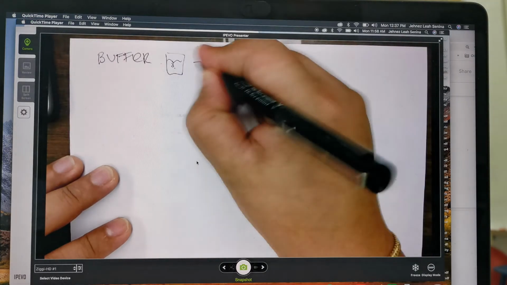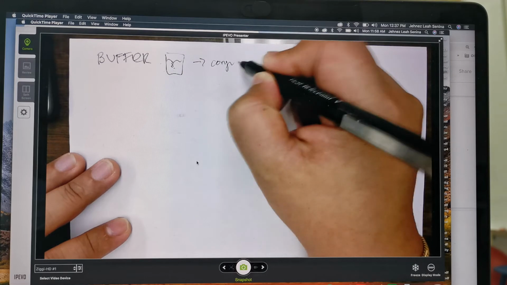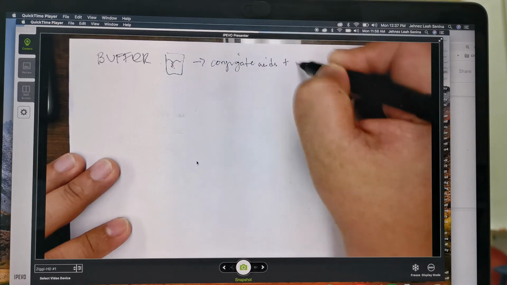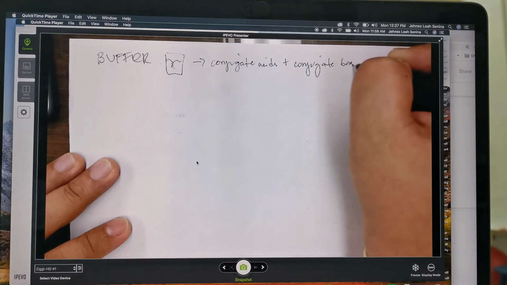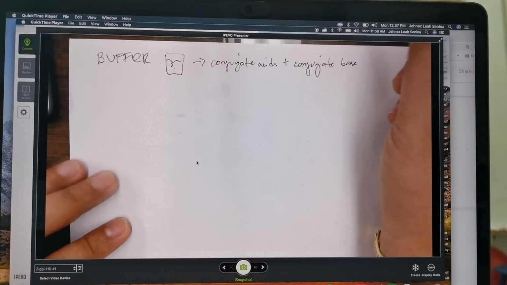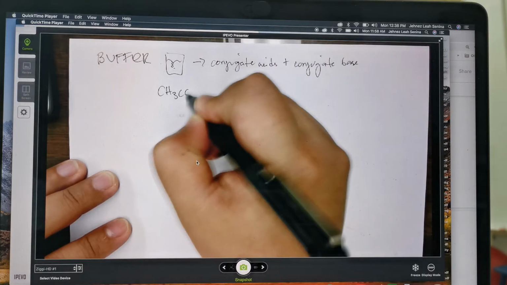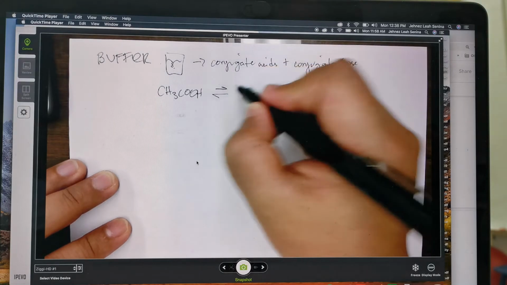So you have to know that buffers are made up of conjugate acids and conjugate bases. So inside that chemical, there's two molecular species. So an example used in the book is your acetic acid buffer. So acetic acid, it partially dissociates into